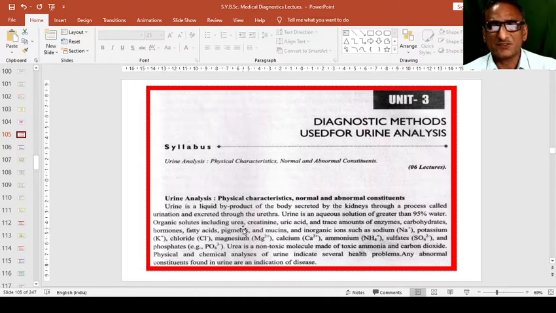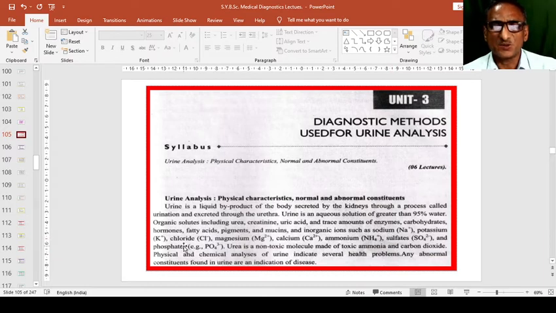So contents are urea, creatinine, uric acid, then trace amount of enzymes, carbohydrates, hormones, fatty acids, pigments, and mucins. So as usual, we know that if your urine contains carbohydrate or sugar more, we can call it a diabetic patient. So likewise, there are so many diseases that can be identified by the urine analysis. Or we can say the contents of the urine